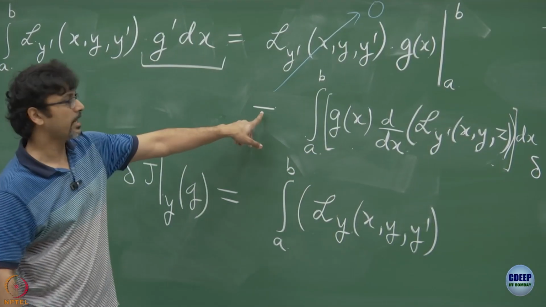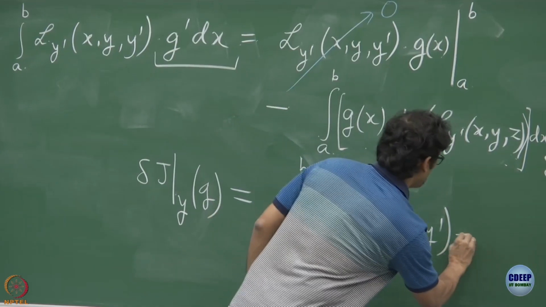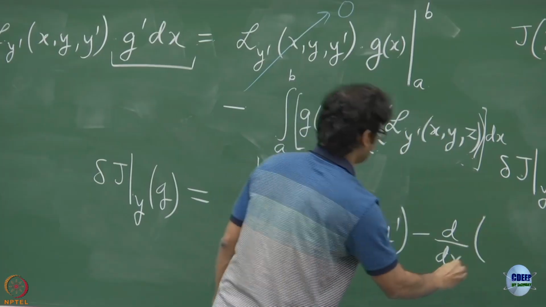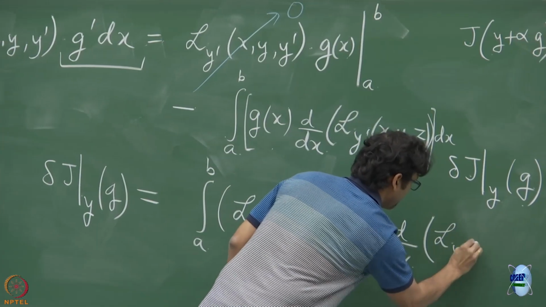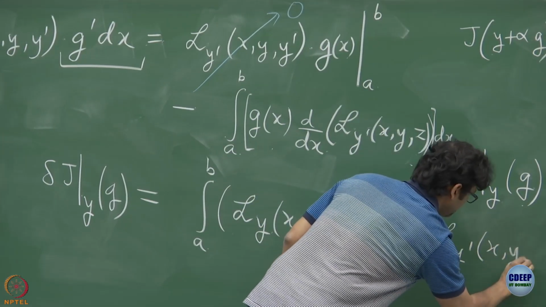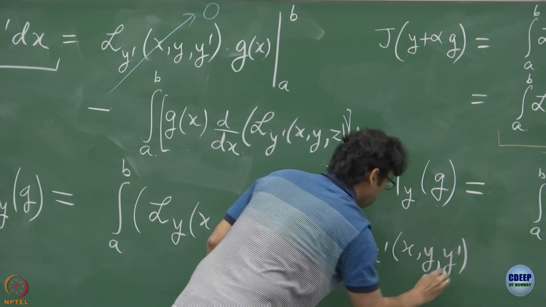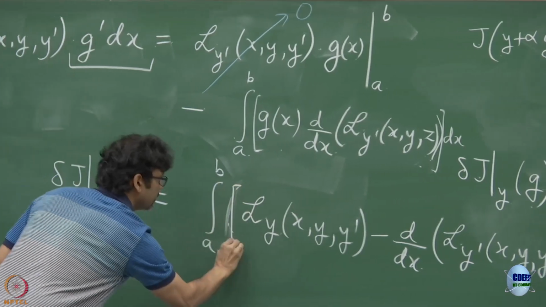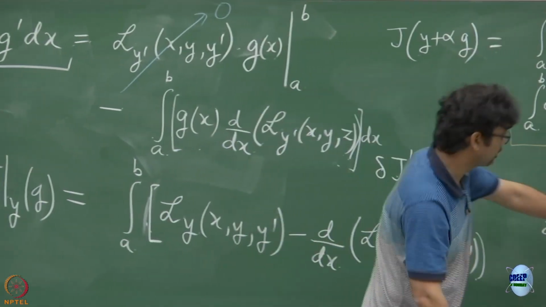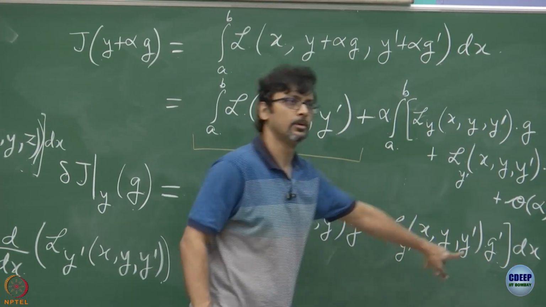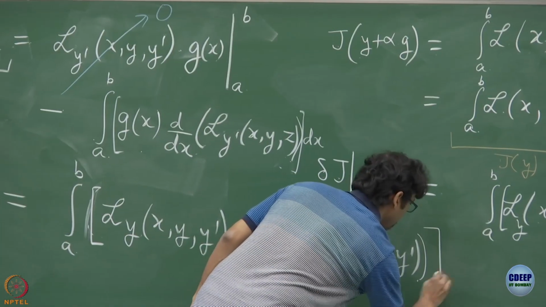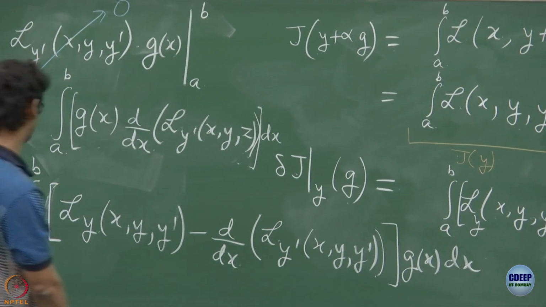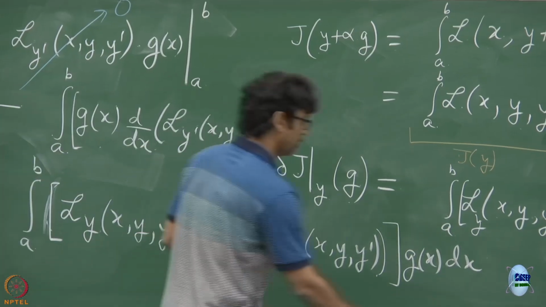Now what happens? It carries with it a minus sign. Minus d/dx of L_y'(x, y, y'). I'll put this all in a box bracket now, because earlier this came with a g and this came with a g prime. Now they are both accompanied by g. Yes, and this object now has to